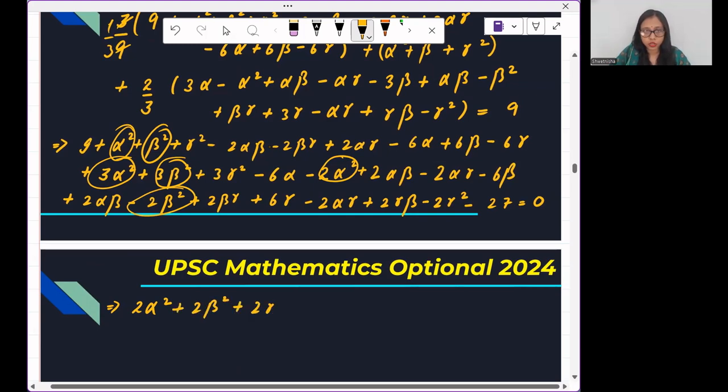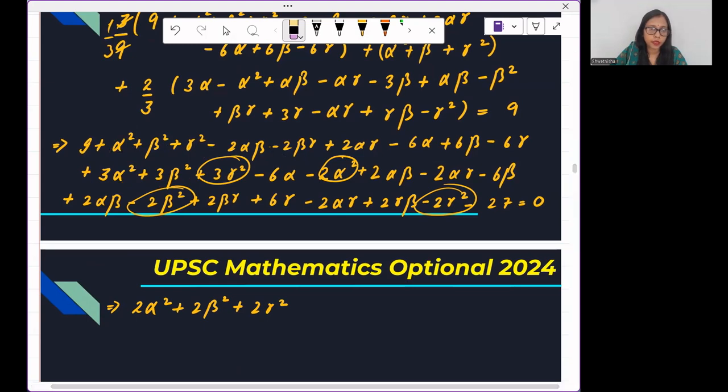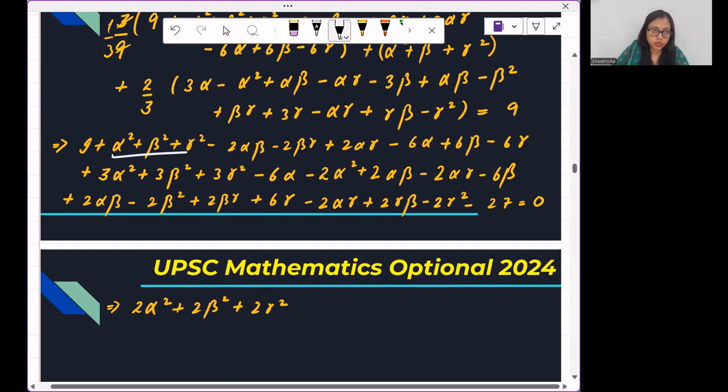Similarly, we'll have 2 gamma square from here, here and here. Right. Now this, this, and this is used. Next, alpha beta